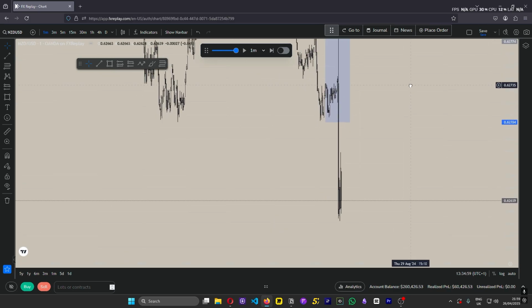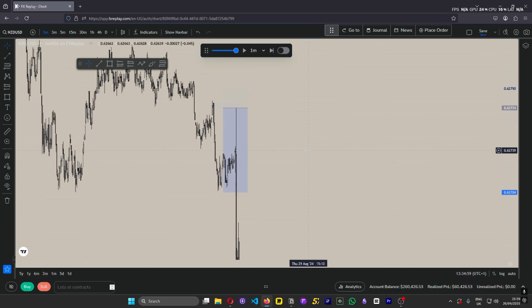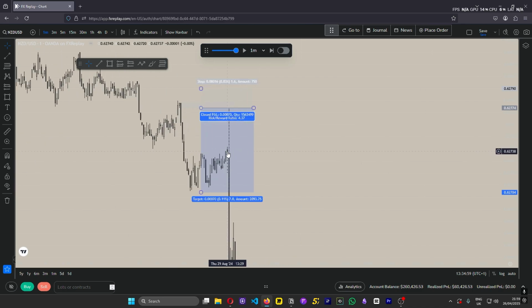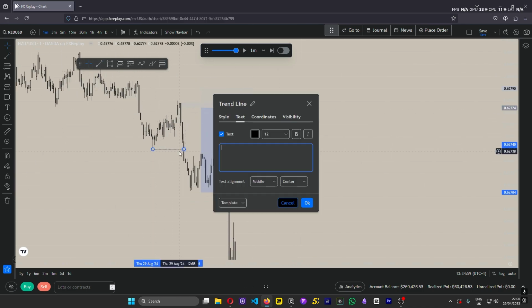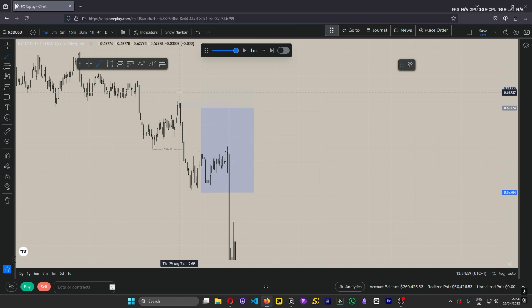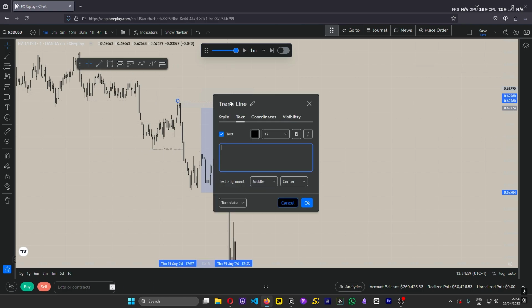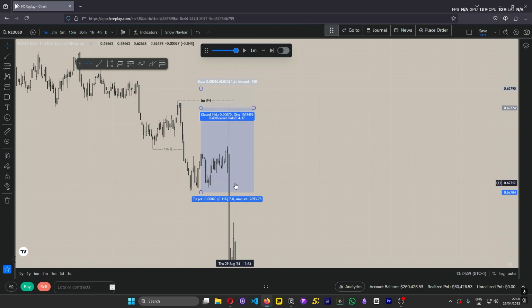Oh, what? No, this is not a valid trade, guys. All right, this is not a valid trade. Not a valid trade because news happened. It ended up hitting TP. That's nice. Okay, but